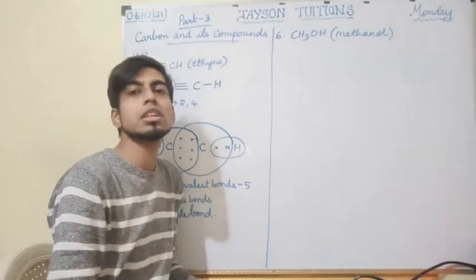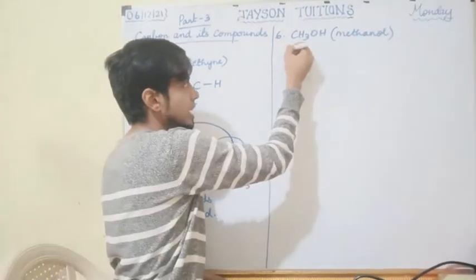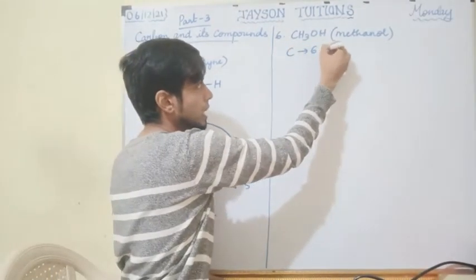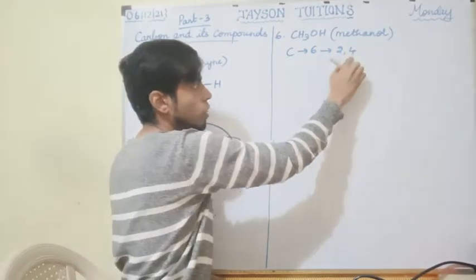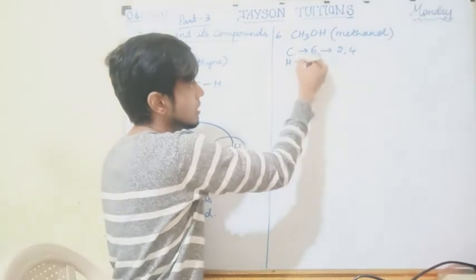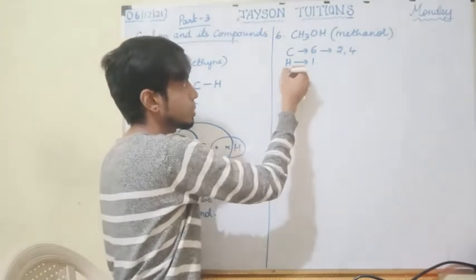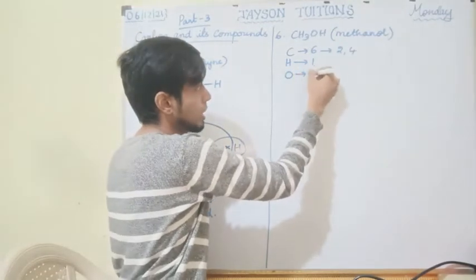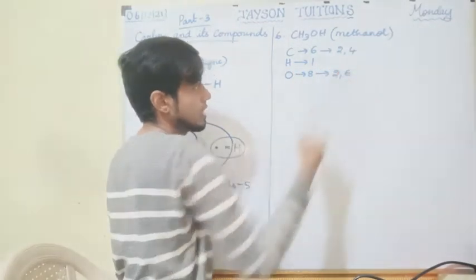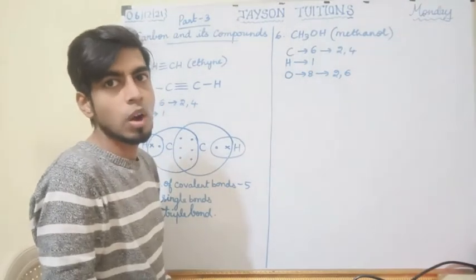Electron dot structure you have to draw only with pen. Okay. So C is there. Atomic number 6. 2, 4. So 4 dots we will keep for carbon. And hydrogen is there. Atomic number 1. 1 dot for hydrogen. Oxygen, atomic number 8. It will be arranged as 2, 6. So you have to keep 6 dots for oxygen.